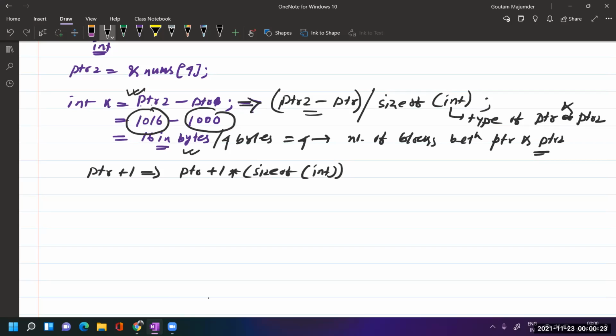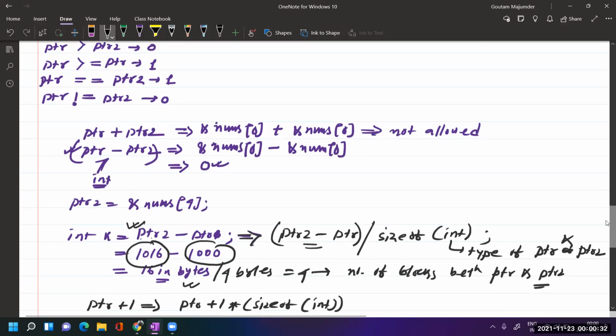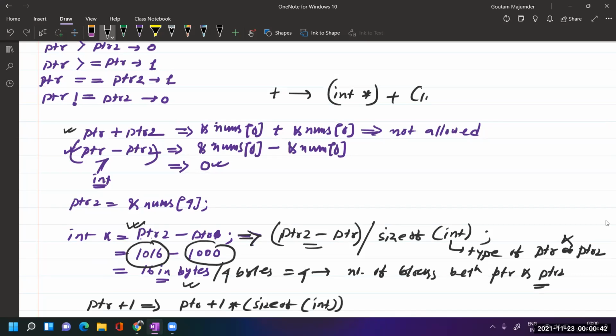And we cannot add one pointer to another pointer, not allowed. So we cannot apply this operator between integer pointer and integer pointer, not allowed.